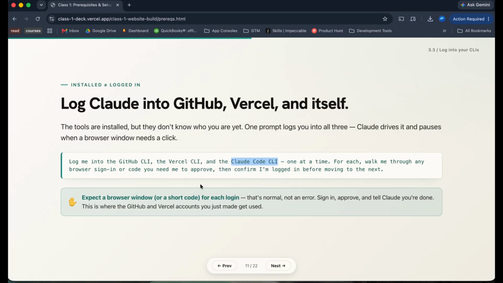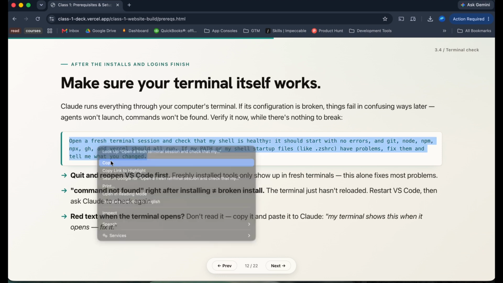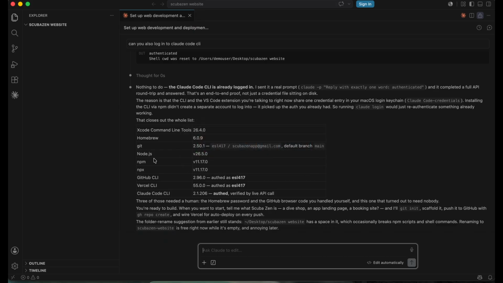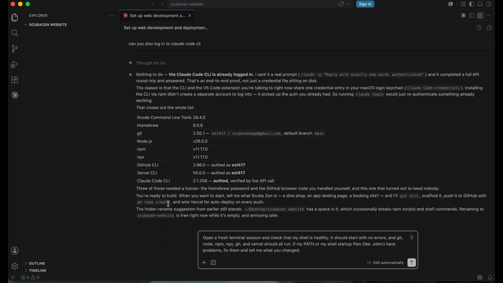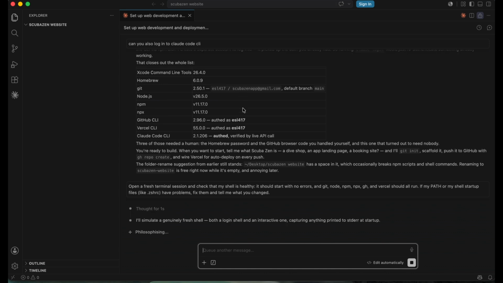Okay, so we're logged in. We're good. Everything is set. So then, as a good housekeeping item, let's make sure that our terminal works. It should work. This is just a cover the bases situation. But this is so you can add agents and have increased functionality with Claude Code. It's worth the double check. It's probably fine, but it's worth it.